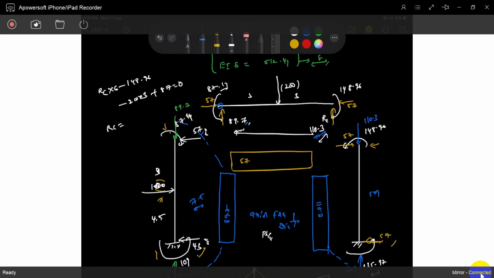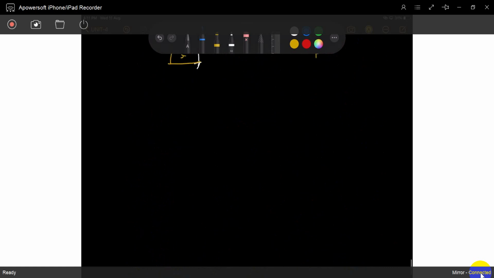Slope deflection equations. Okay, nothing more to discuss, because we discussed everything. But I want to say something about some objective type questions, though there is no need to discuss them. We have less time, so I want to explain 2 mark GATE problems, but it is your choice. One thing I will ask.